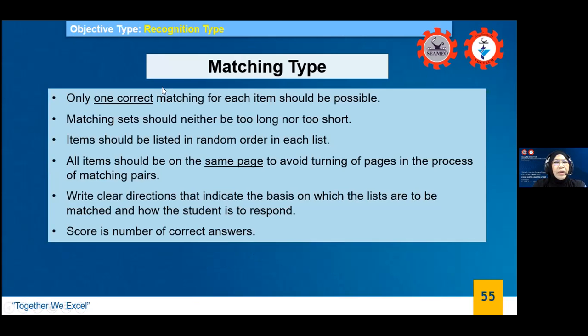Only one correct matching for each item should be possible. Matching sets should neither be too long nor too short. Items should be listed in random order in each list, meaning to say it doesn't have to be like, again,